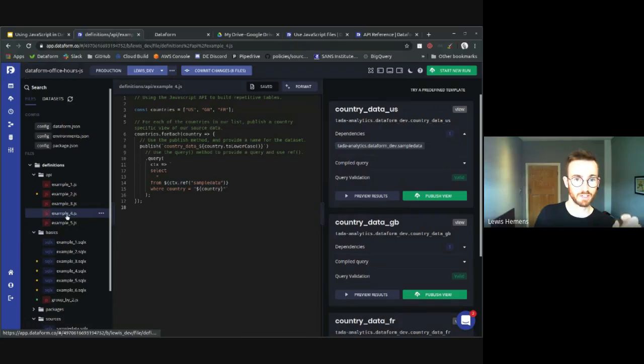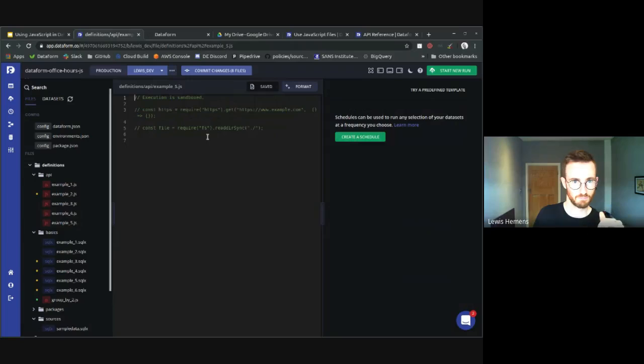Okay, so that's a good point, because it brings me on to one important point of Dataform compilation. When this JavaScript is running, it has no access to the database. It has no access to the data. All this JavaScript can do is tell Dataform what to do. It can't actually do anything. It can't read the data. You can't read tables from the database. We sandbox all of your JavaScript execution